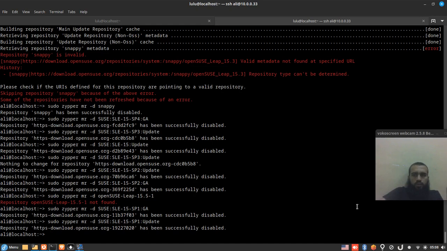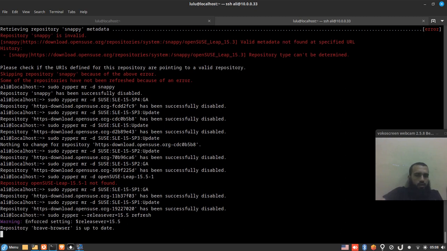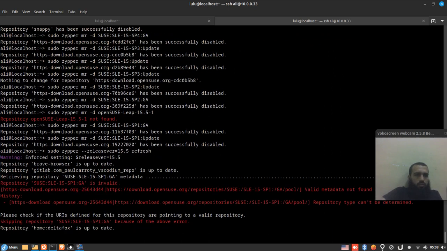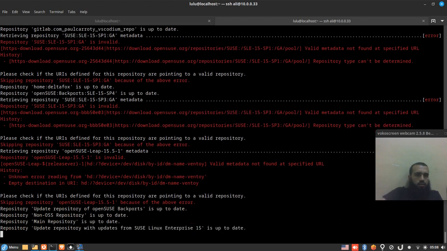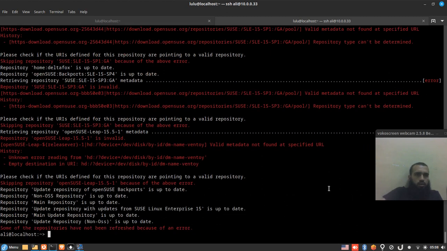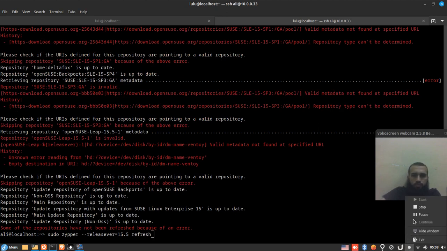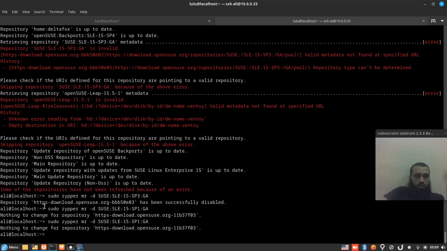I believe I have disabled all the repositories that are invalid for the error that we've seen. So I'm gonna run again the last command that I ran, which is about this one. Let's try to do it to make sure all of them are disabled. Yes, I'm gonna disable these ones as well. Now we go to the next step,